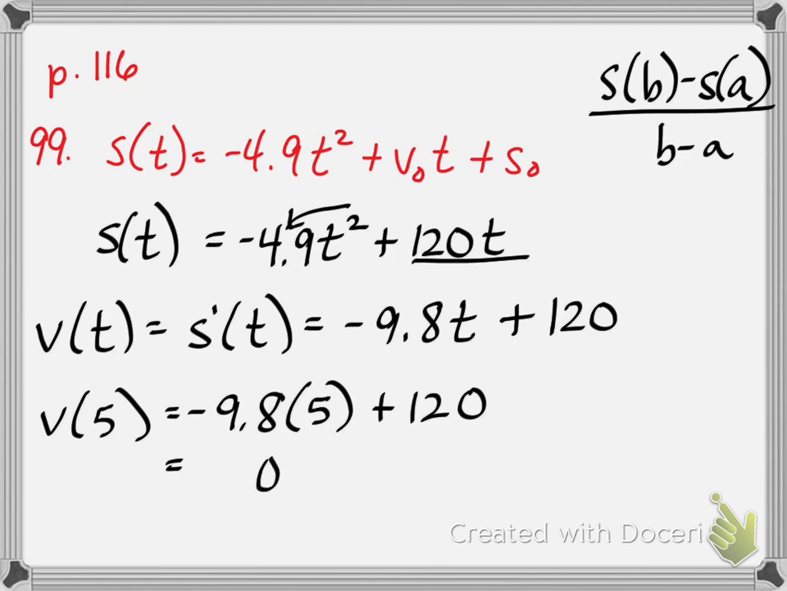Negative 49 plus 120, if I can multiply right, should be 71 meters per second. I'm not going to do the other part, but you would just plug in a 10 to get the second piece. Okay, so